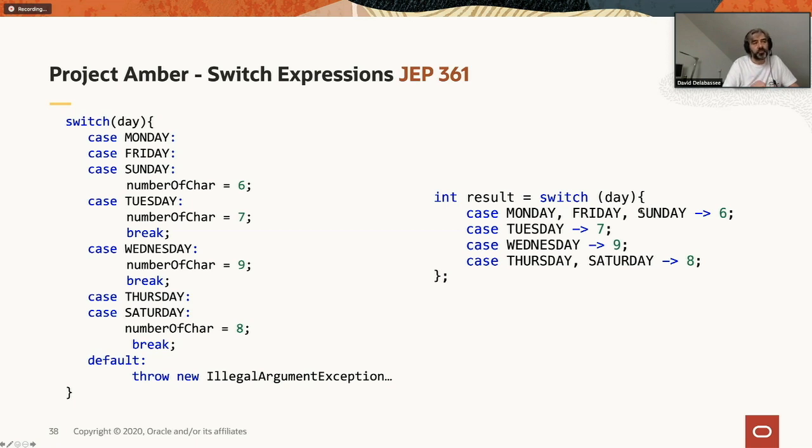Given that again we're doing a switch on an enumeration, the compiler will tell us if, for example, we're missing a day. So if we're missing a day, either we add this day or we have to deal with the default value. If we're dealing with all the days and we have a default value, the default will never be reached. That's something that the compiler can also infer, that the default branch is basically a dead branch, those kinds of things. So that's in a nutshell the switch expression.